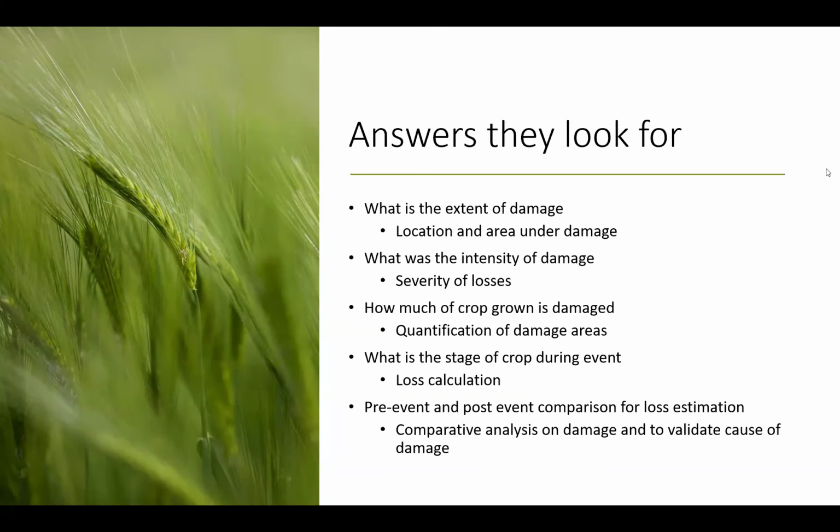Because there will be many wastelands or non-insured crops. If people are coming for paddy insurance but have grown, let's say, maize or some other crop, they won't get it. If they have opted for paddy insurance, they will get the paddy insurance. The satellite can detect all these things. Then what stage is the crop at? If it's at the sowing stage, what benefit can they get? If it's a vegetative stage, what benefit? If it's at the harvesting stage, what benefit? So this is how they do it: extent of damage, intensity of damage, and the crop growth.